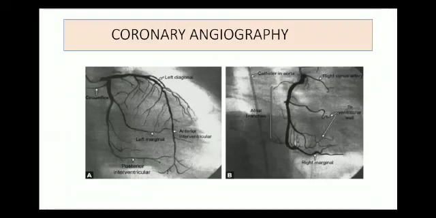This is the contrast material or dye that is injected. If there is any blockage, it will be seen here. It will be highlighted. So we can identify where there is a block, in which part, whether it is RCA or LCA. If it is the right coronary artery, then whether it is the SA nodal or AV nodal artery that is being affected. If it is the left coronary artery, is it the left circumflex artery that is blocked or the left anterior descending that is blocked? So everything you can